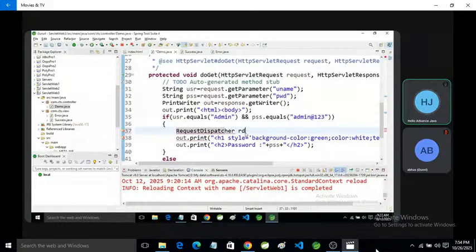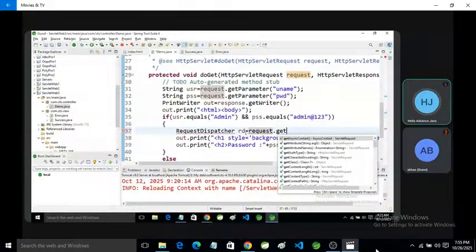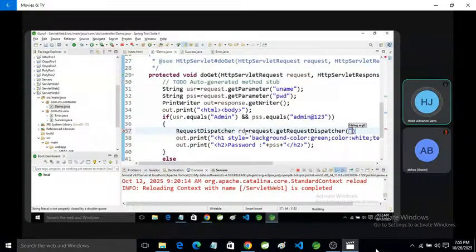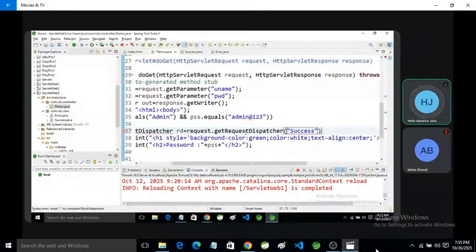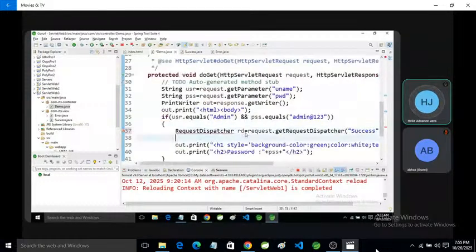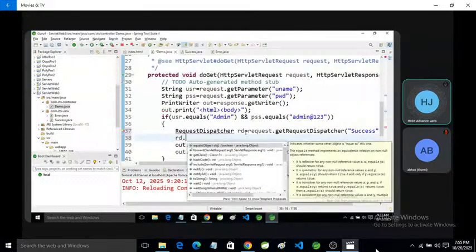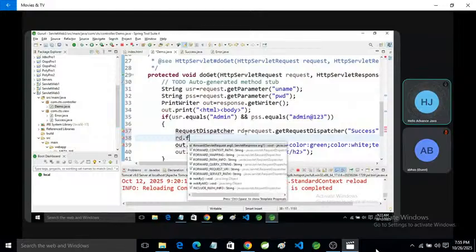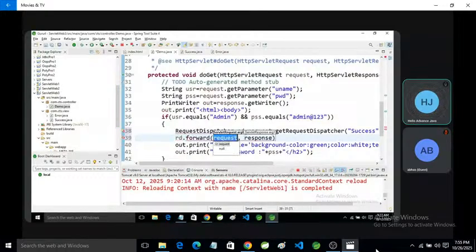RD is equal to request.getRequestDispatcher, and here we can specify the name of the page. Then we use RD.forward. We can forward request and response.